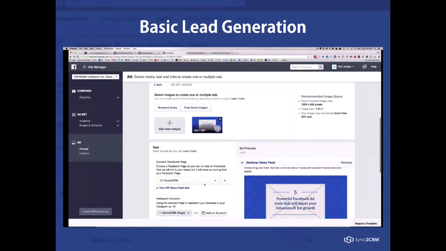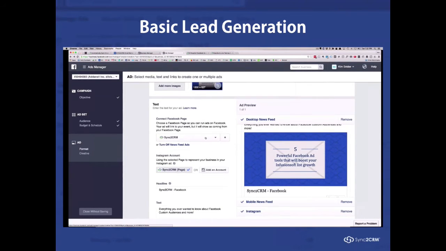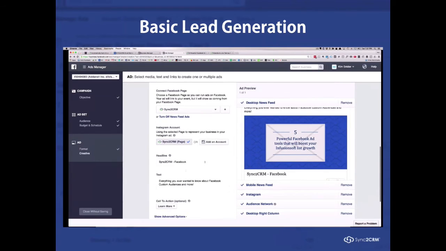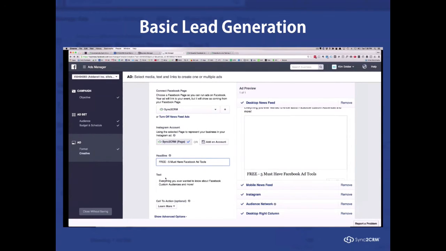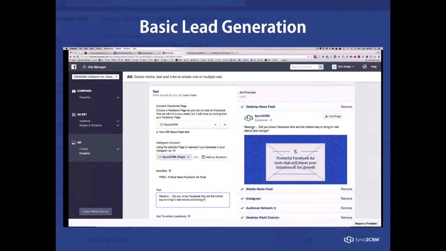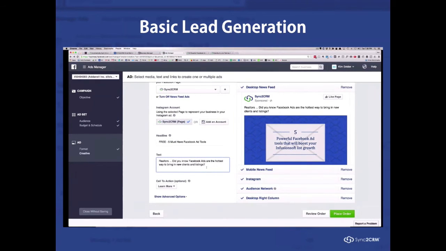And we want to connect this ad to the Sync to CRM page. So here is our headline. And our text right up top, we're calling out the target audience, realtors. Did you know Facebook ads are the hottest way to bring in new clients and listings? We're talking their language. And then finally down, we can choose to have either no button or a call to